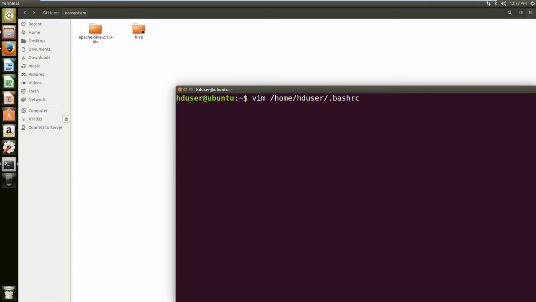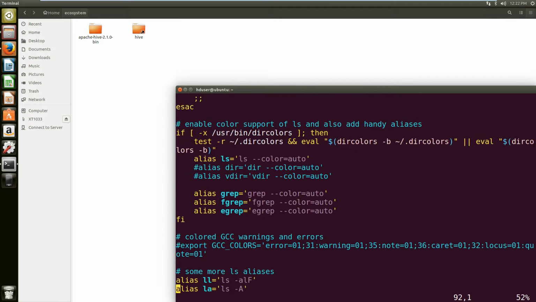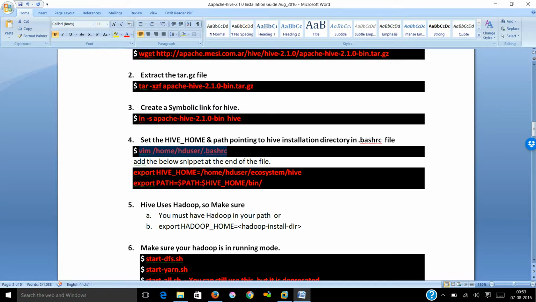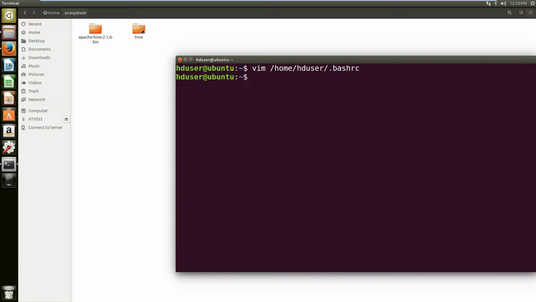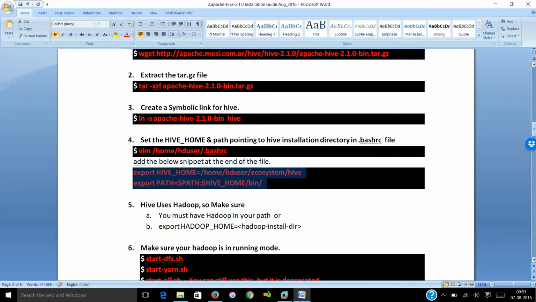Say paste, enter, scroll down till the end. Here press I to come into insert mode. Then just copy these two lines, right click and say paste, escape, :wq, write and quit. Done. Let's move to the next.